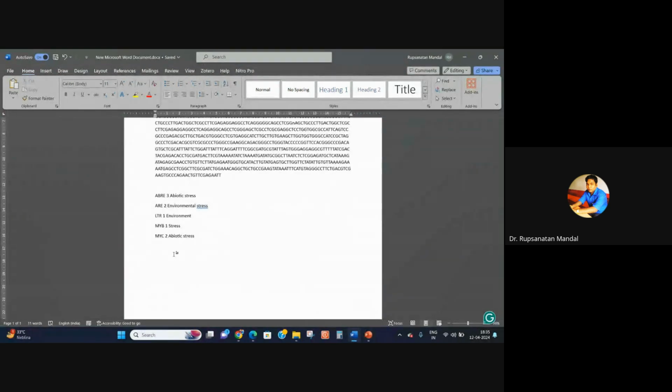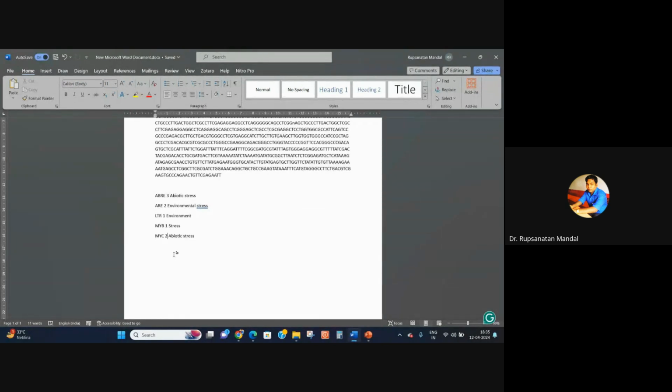There may be environmental stress, abiotic stress or biotic stress, but they are related to stress. So this gene we have targeted, HSP70, heat shock protein, is actually a stress related gene, and it is confirmed